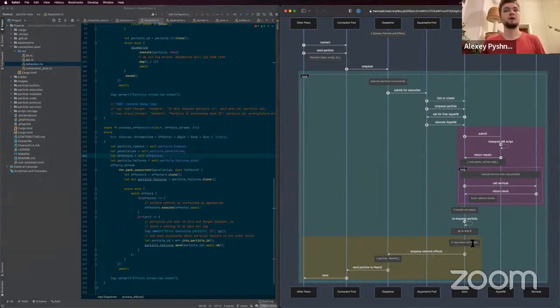So that's basically the whole diagram we have here. How much time do I have? Well, let's try to take a look at the code that